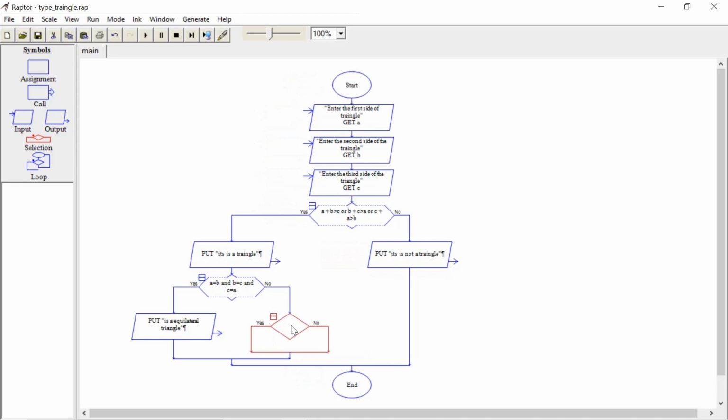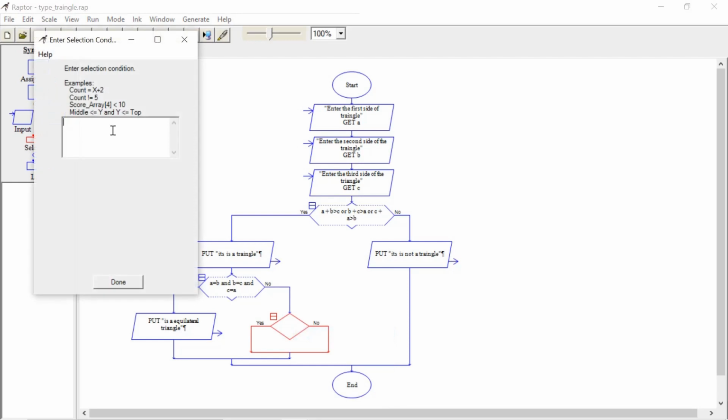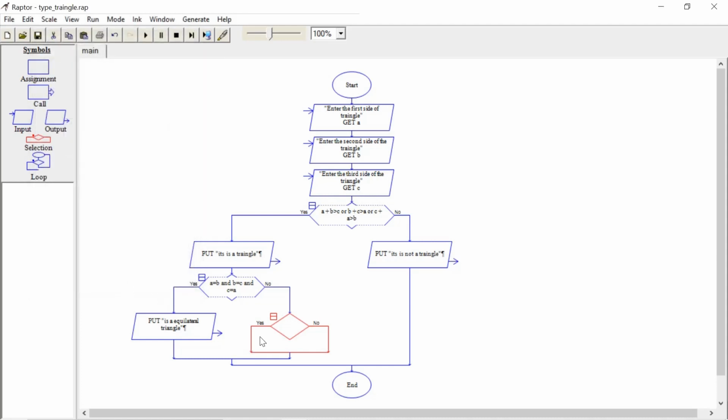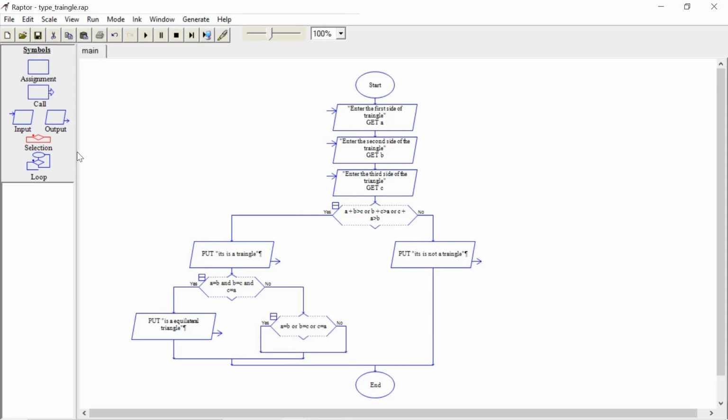Write the condition: click on that selection box, right click on edit. If A equal to B or B equal to C or C equal to A, that means any two sides are equal. If yes, it is an isosceles triangle. So we just drag and drop this output here.